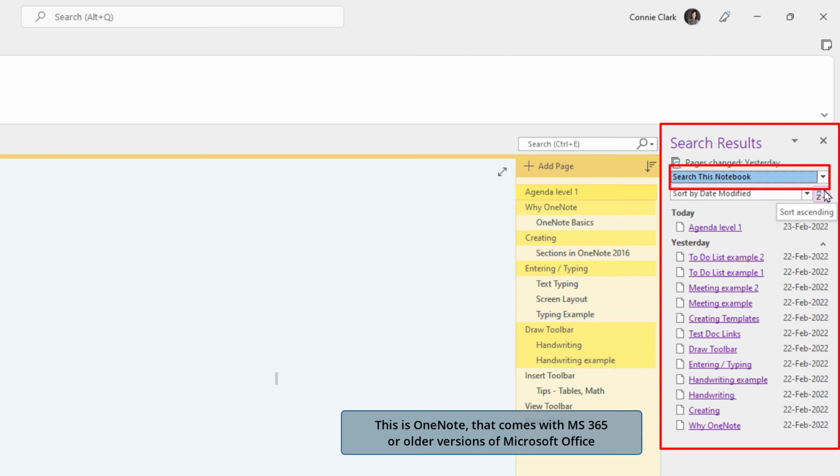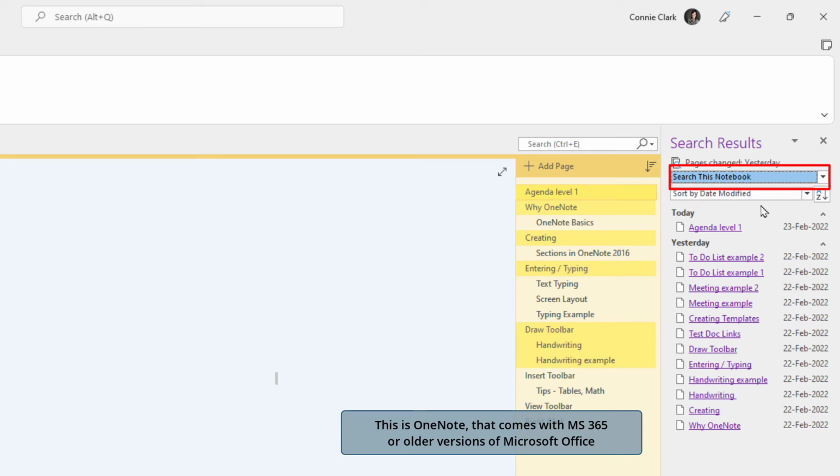It just gave me recent notes. It was giving me notes from all kinds of notebooks and all kinds of sections within those notebooks. This one's assuming just my current notebook, which is my classroom notebook. So if I change from search this notebook and I pick from the drop down all notebooks, now keep in